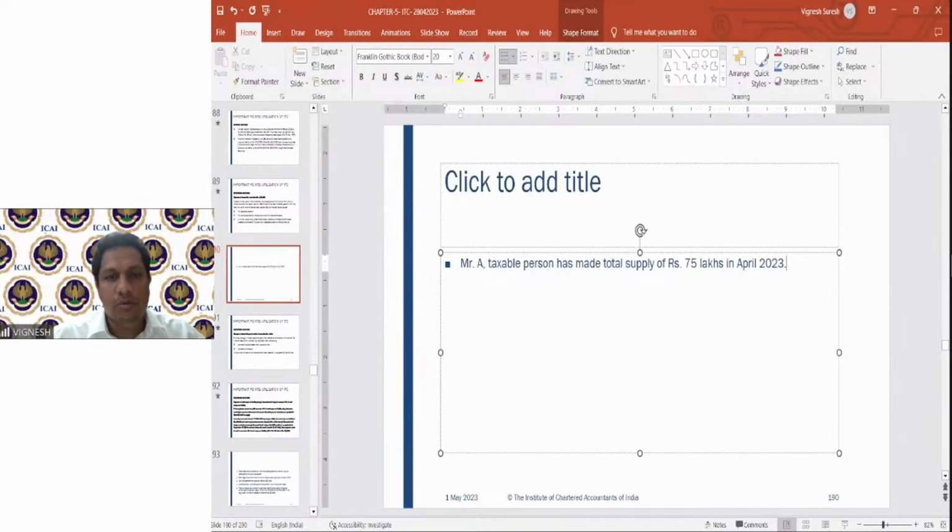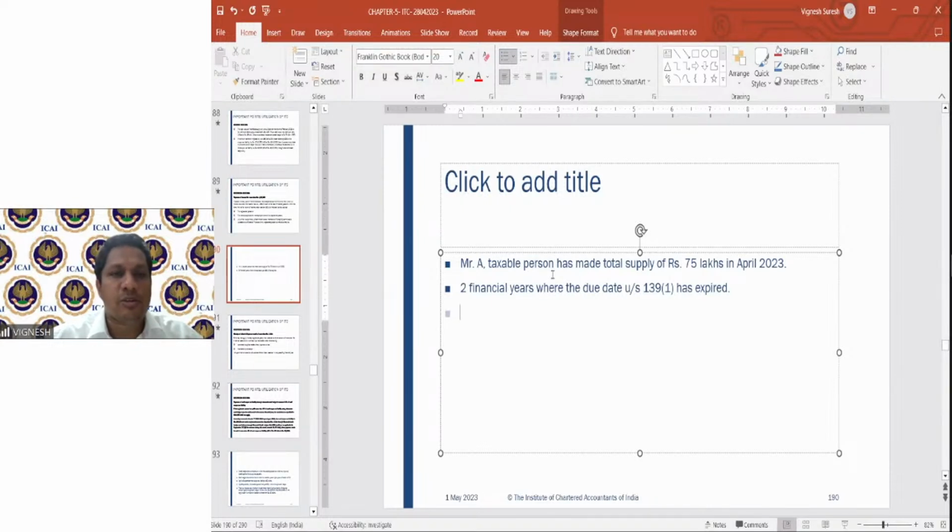So what you have to do is look at the two financial years where the due date under section 139(1) has expired. What is the due date under 139(1)? If you have attended income tax, you will know: July 31st for individuals, September 30th for audit report 3CB 3CD, and October 31st for return of specified people like companies,